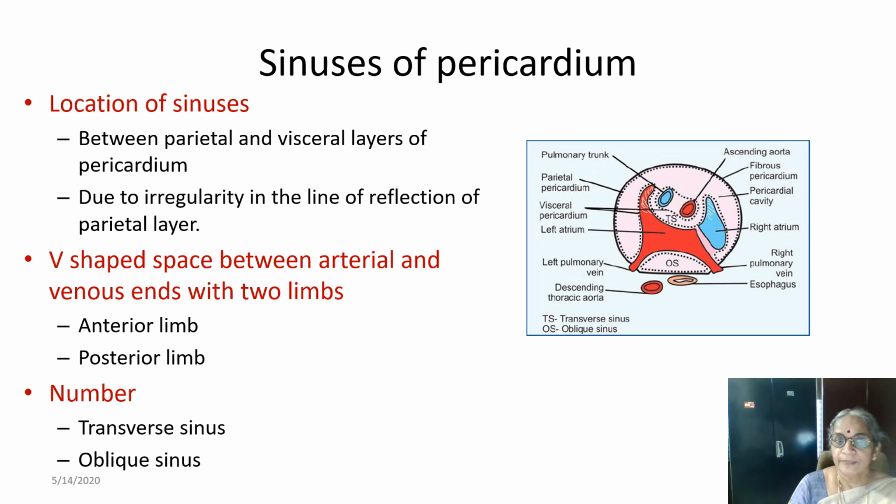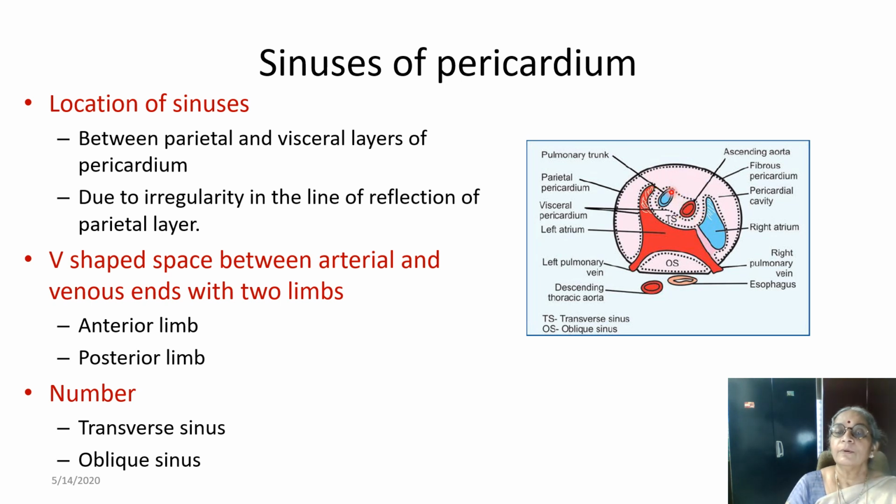What is the location of these sinuses? These sinuses are between the parietal and visceral layers of pericardium. In this picture, you can see the fibrous pericardium, and on its inner aspect, closely attached to it, is the parietal layer of serous pericardium, and the reflection of the parietal layer onto the visceral layer of the pericardium, the viscera, that is the right atrium and left atrium, into which it is reflecting,